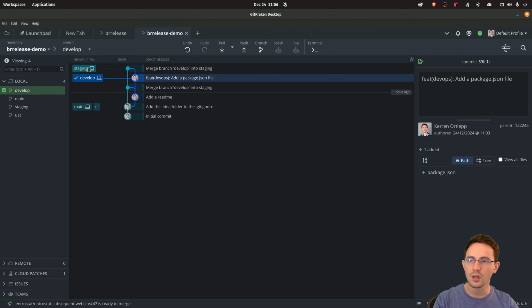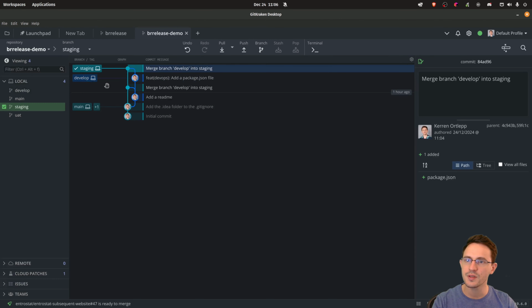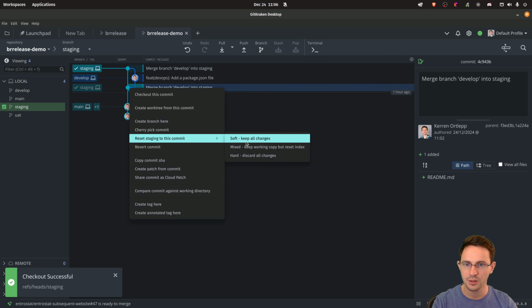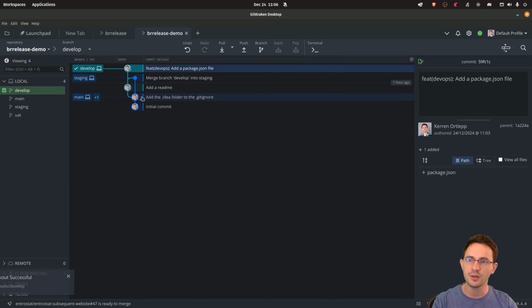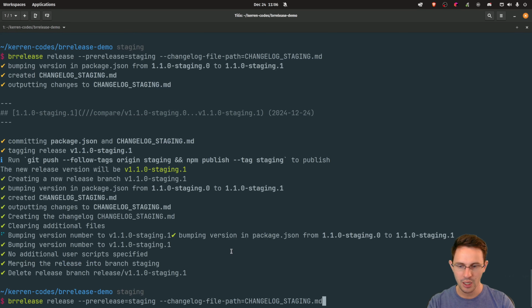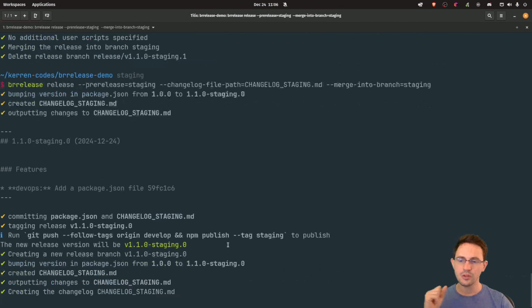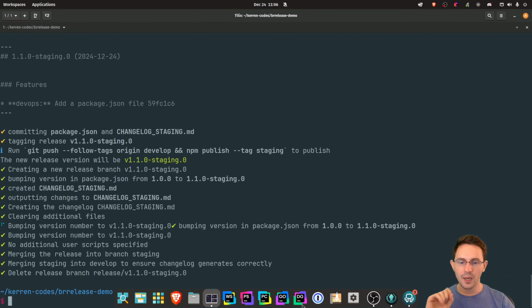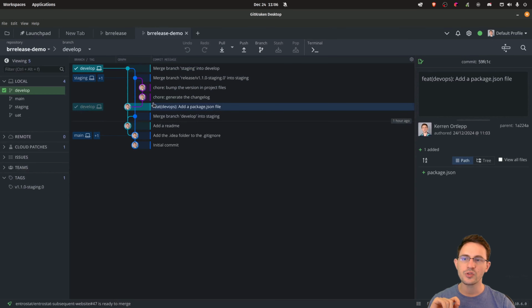So I'm going to actually, let's even reset this down to here. So it's basically, we've just made changes and we're ready to run a release onto our staging branch. So here, all of this is fine. And all we're going to change now is merge into branch equals staging. What will happen now is it's going to generate the release, but it's going to merge the result of this